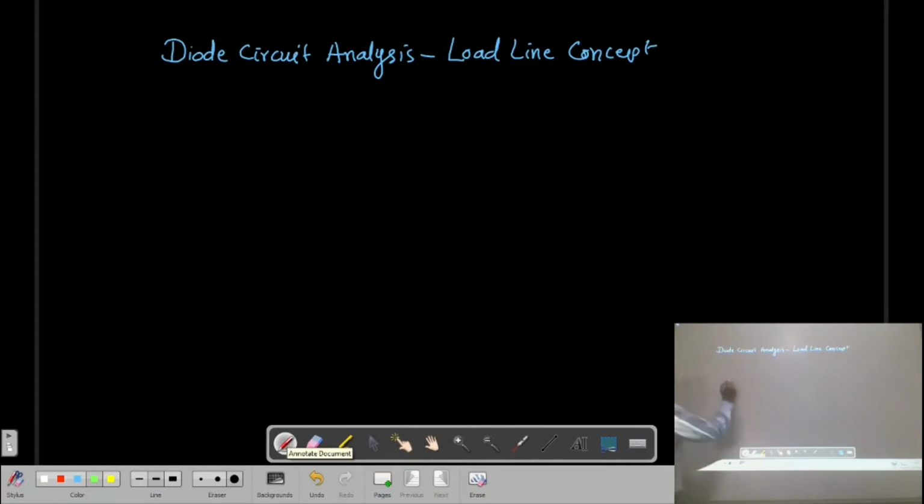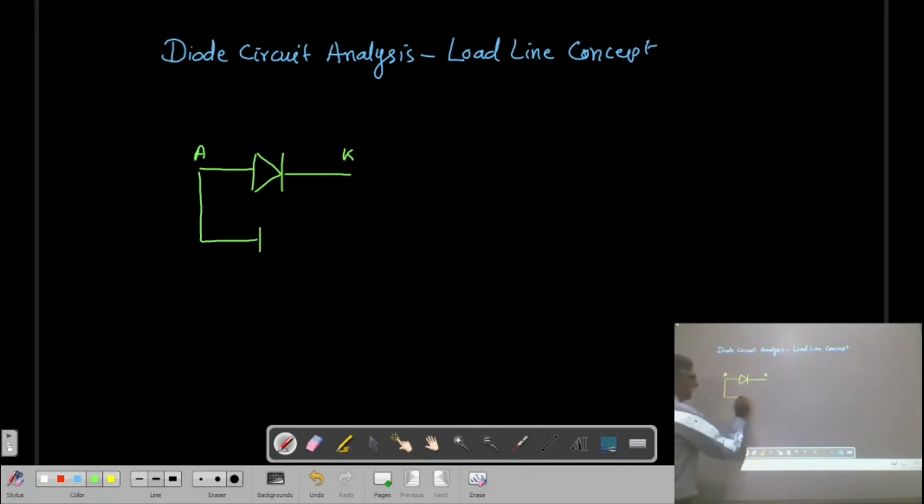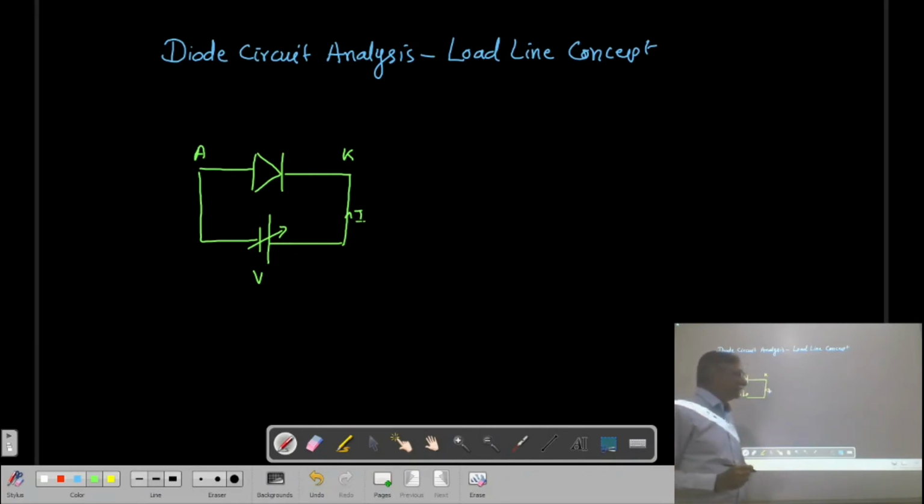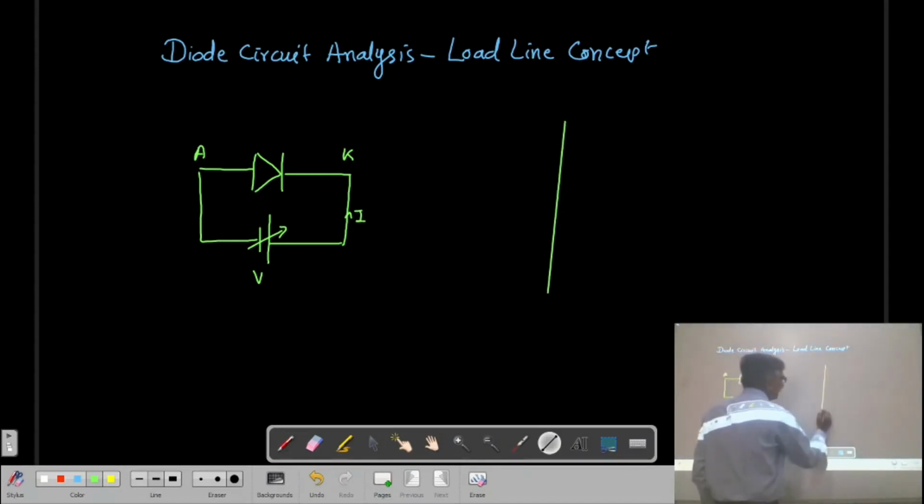Okay, now let us see what is meant by reverse bias. So here we have the anode of this diode and the cathode of the diode. When the anode of the diode is connected to the negative of the battery and the cathode is connected to the positive of the battery, this connection is known as a reverse bias connection. And here, if we change this voltage V and measure the current in the diode, that will give you the reverse bias characteristics of the PN junction. So if we draw this, the characteristics will be like this.